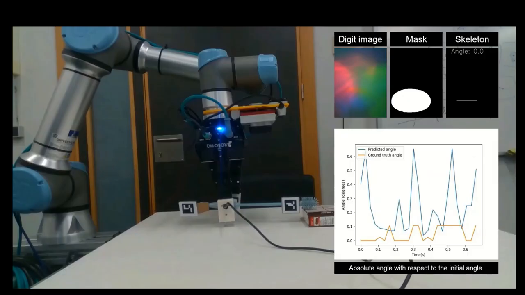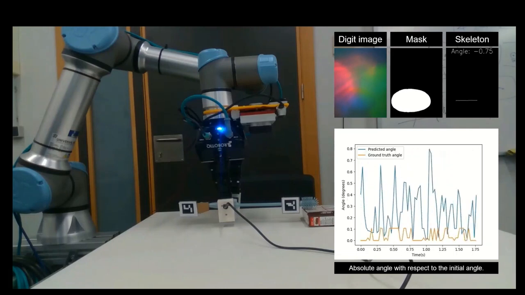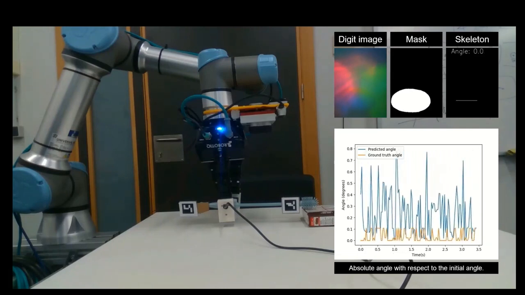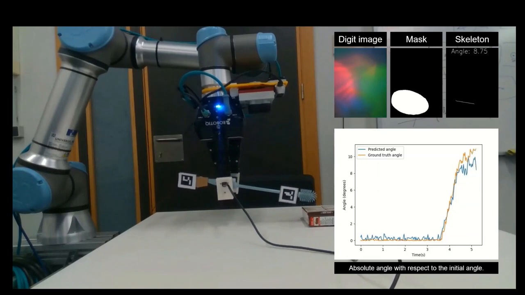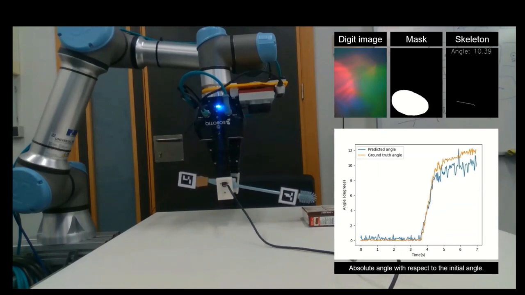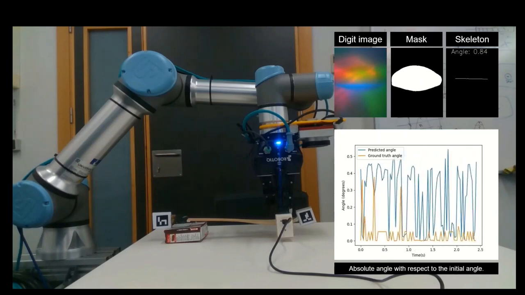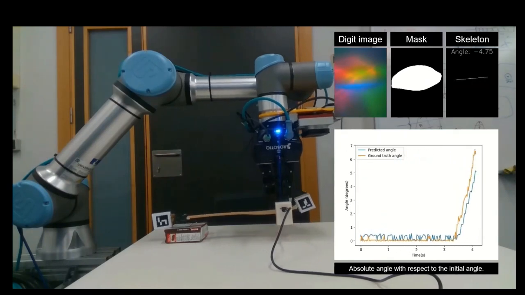Now I'm going to show you 2 quick videos in order for you to see how our system works. Here you can see in blue color the predicted angle by our system, and in orange color you can see the ground truth angle that we calculate using the 2 Aruco markers that you can see